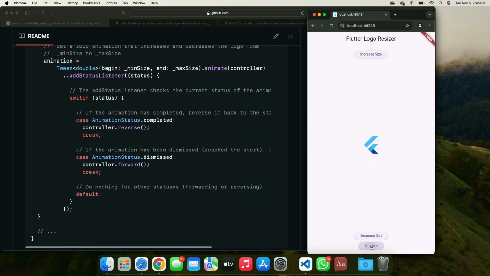So over here, we're just adding another listener, but it's just for the status. Once the animation status changes, then we can run other code. As over here, once it's completed, then we'll reverse. And once it goes to start, we'll go forward, and it'll just loop forever. But anyways,